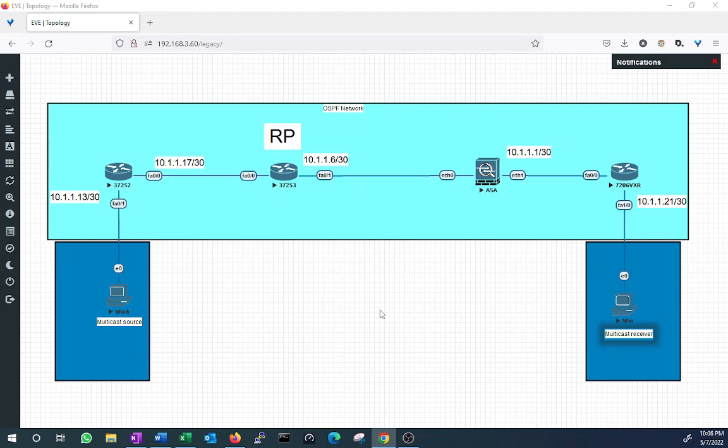Hi friends, so this is basically a simulation lab for multicast. Here in this lab I am not going to explain the multicast technology in detail, which I am planning to prepare another video for, to explain in a bit more detail the various aspects of multicast and where it is used and